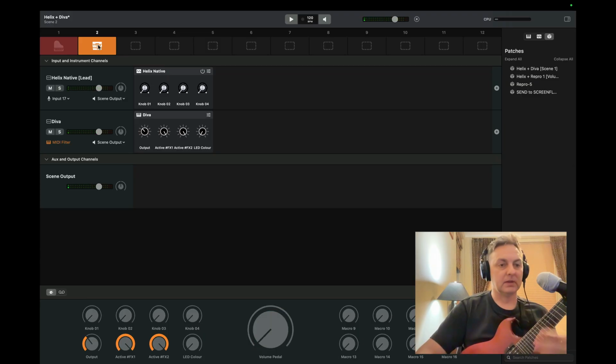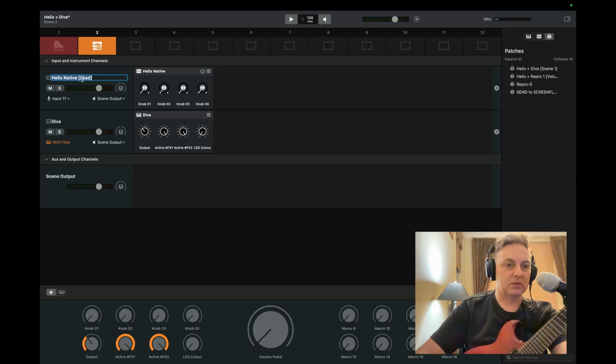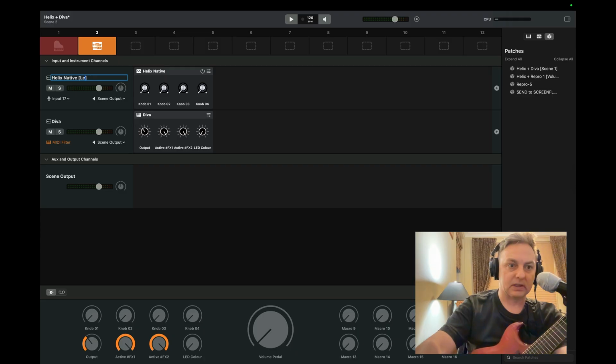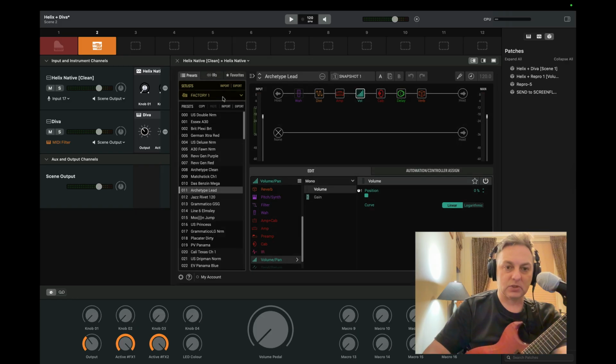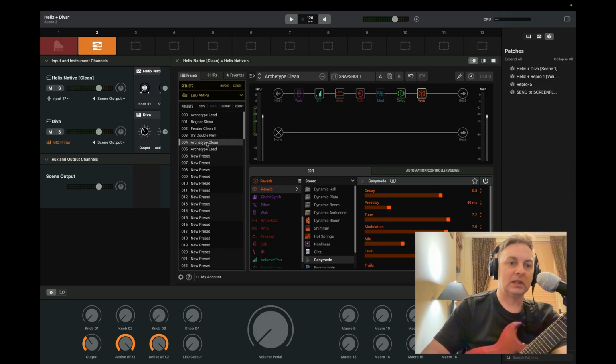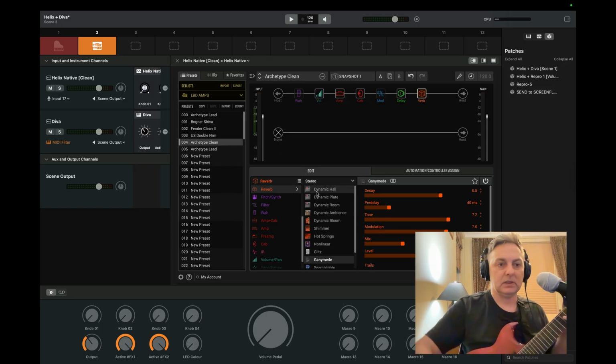They're identical. Okay, so the first thing I'm going to do is change this to more of a clean pad sound. So we're going to call that clean, and I'm going to go over to here, and I'm going to choose a preset. You know what, I've actually got one that I've made already. Let's go to LBD. It was archetype clean. Okay, so